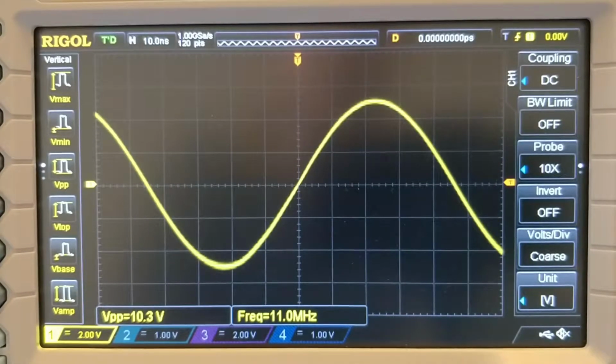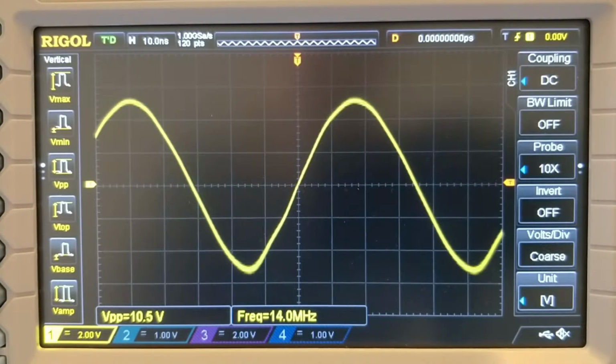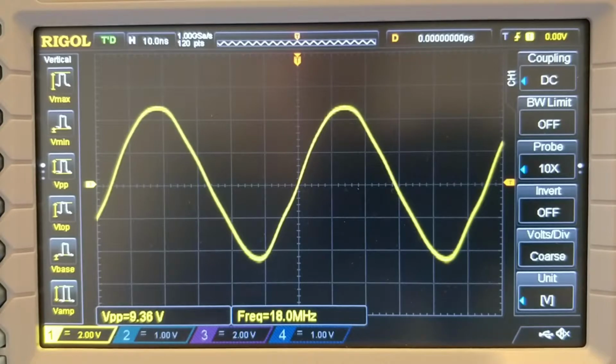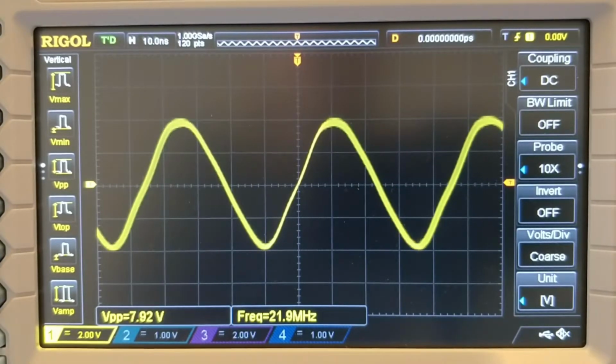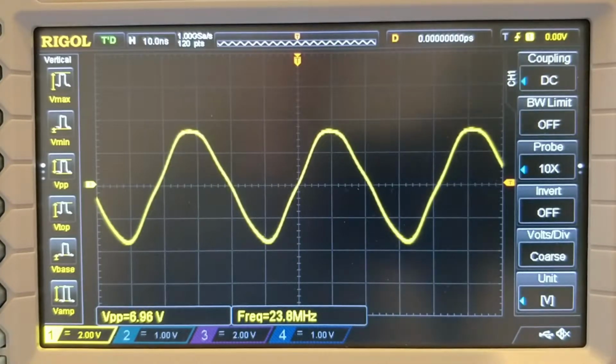If I start to turn up the frequency here, we can see that it's fine at 13, 14, 15. We've still got 10 volts peak to peak, which is good. 16, 17. You can see it now starts to drop. It gets 18. 19, we see the disfiguration of the wave, and by the time we get up to 23 megahertz, we've actually dropped down to 7.5 volts. We go to 24 if you like, and we've got down to about 6.8 volts at that point. Let's go back to 10 megahertz again,